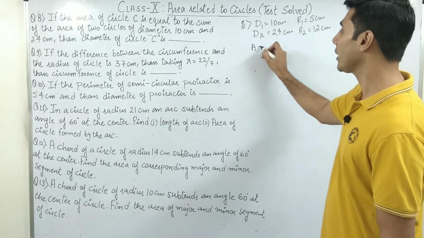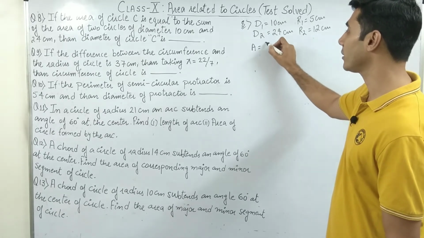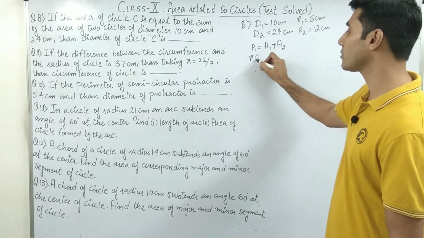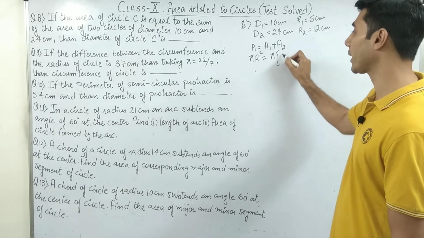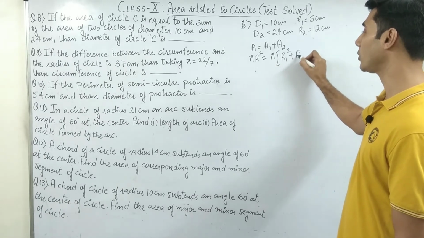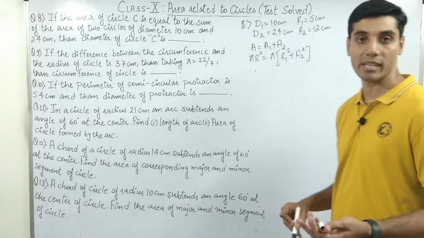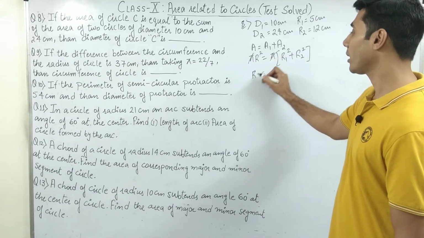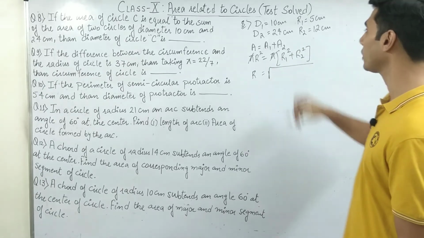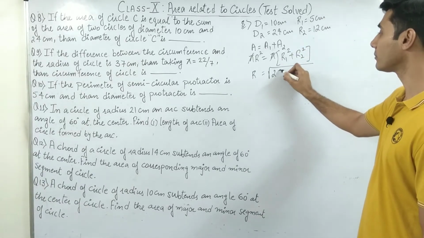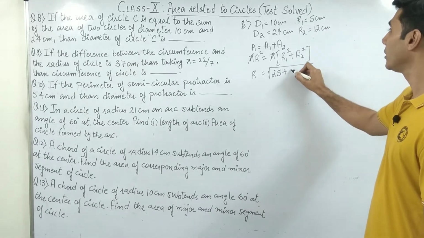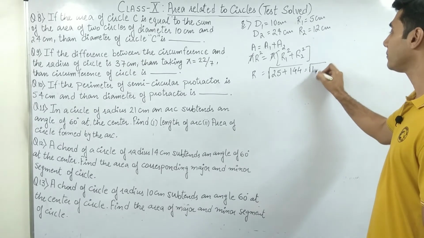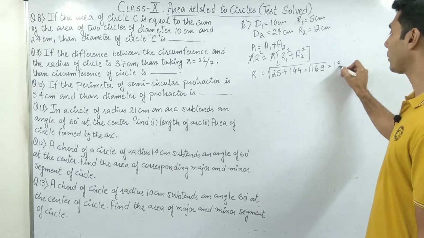Area should be equals to what? That is A1 plus A2. So pi r square should be equals to pi bracket r1 square plus r2 square. अभी तक भी यदि आप देखोगे तो हम लोगों ने यही किया था हर क्वेश्चन में. सो पाई की जगह पर पाई से पाई कैंसिल, r square or r should be equals to under root of r1 square. What is r1 square? 25 plus 12, 144. So it comes down to what? It comes on to 169. It should be equals to 13.